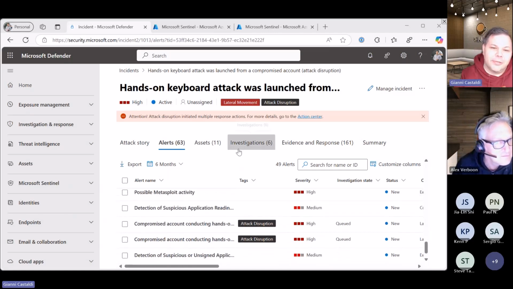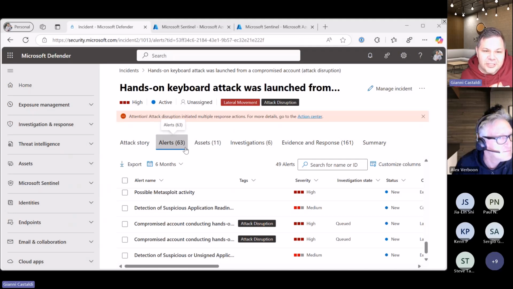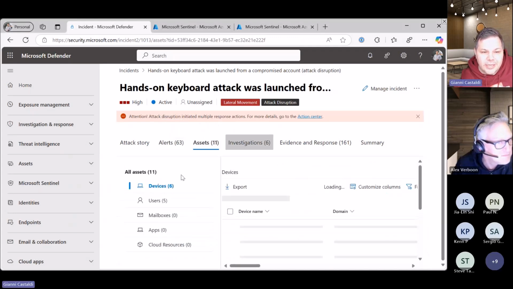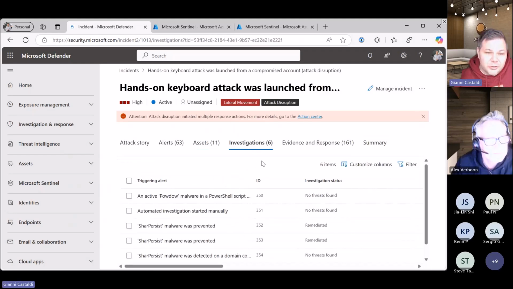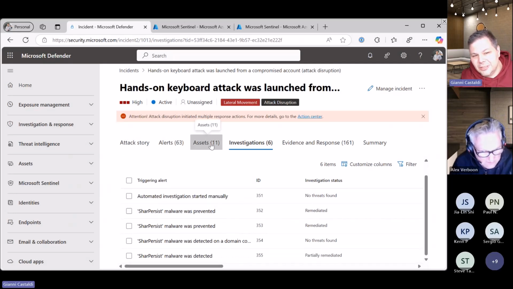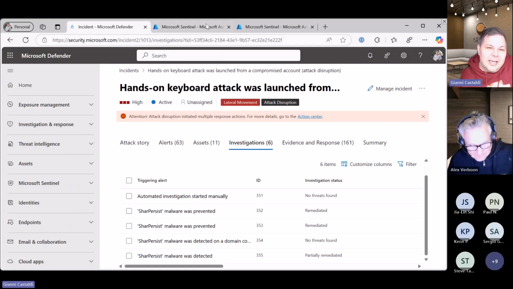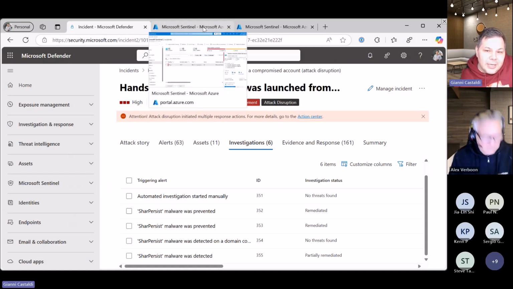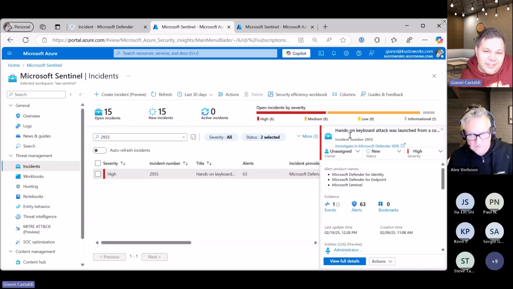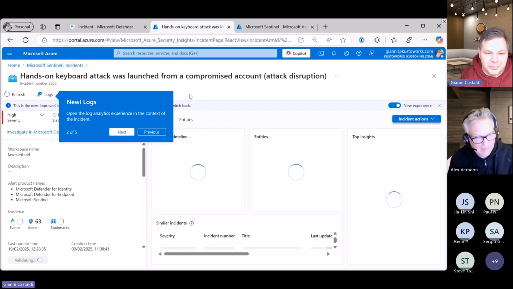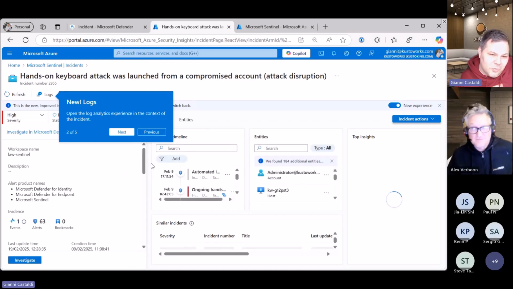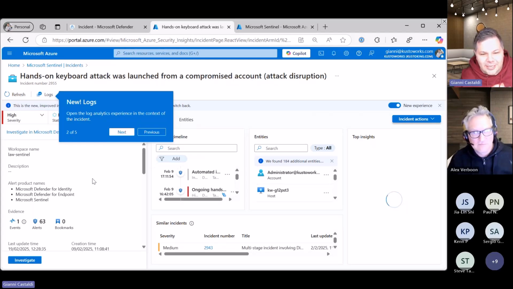So first I started looking for maybe files that have been used. I was looking in here and I thought, okay, we don't have any files, we don't have a good set of command lines from the incident. So then I was looking in the data, and I came to Microsoft Sentinel. In Sentinel, we still have the same view. We have this alert, this incident. We have 63 alerts, but still not the thing I was hoping for. Because in the end, I wanted the command lines or files related, maybe scripts related. So I started playing around with the data.